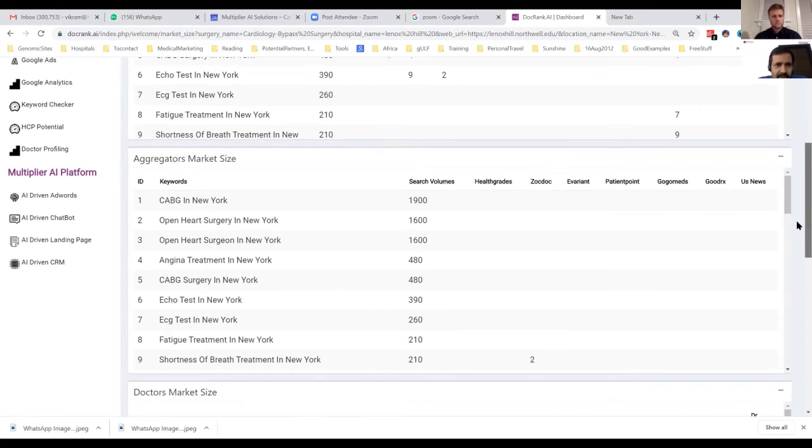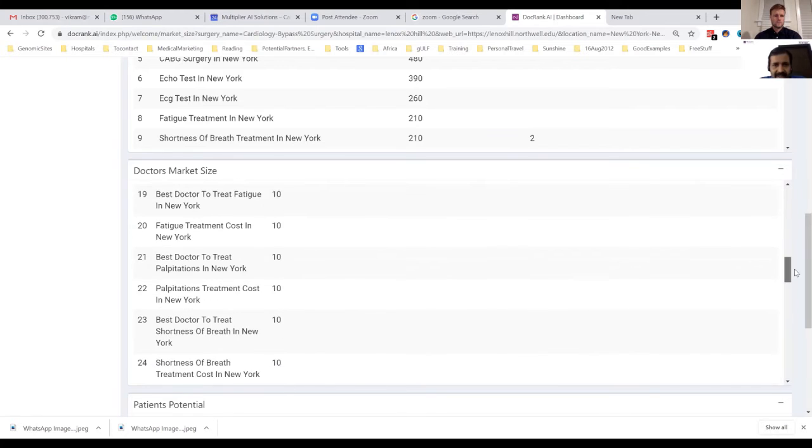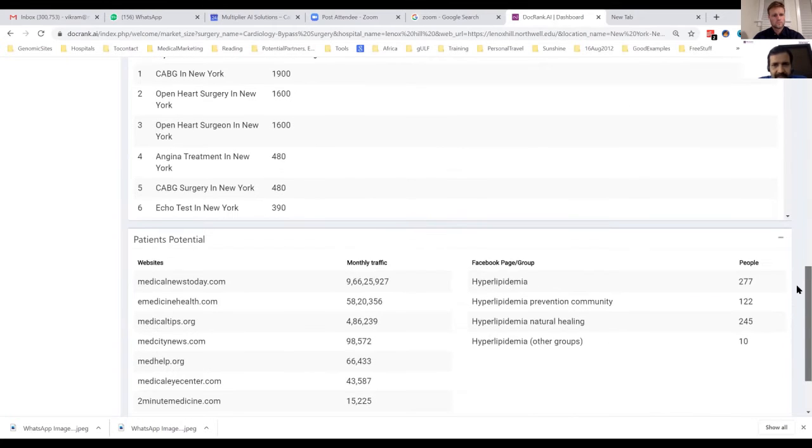Okay, so you can also do this analysis at a clinical level. And you will see here again that clinicians are just not there on page one. It's partly because hospitals or providers have invested at a different level. It's partly because some of them have not optimized their site, but for the patient's side, they look for clinicians. From the clinician side, the access to patients is just not there. And we look at other networks also.